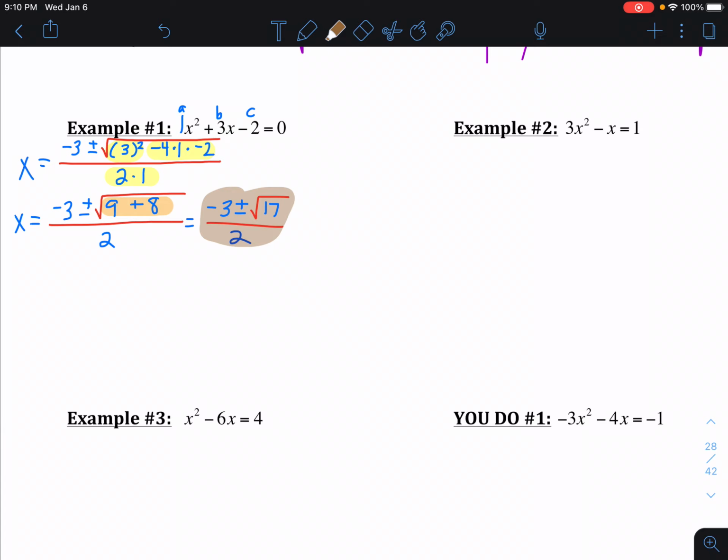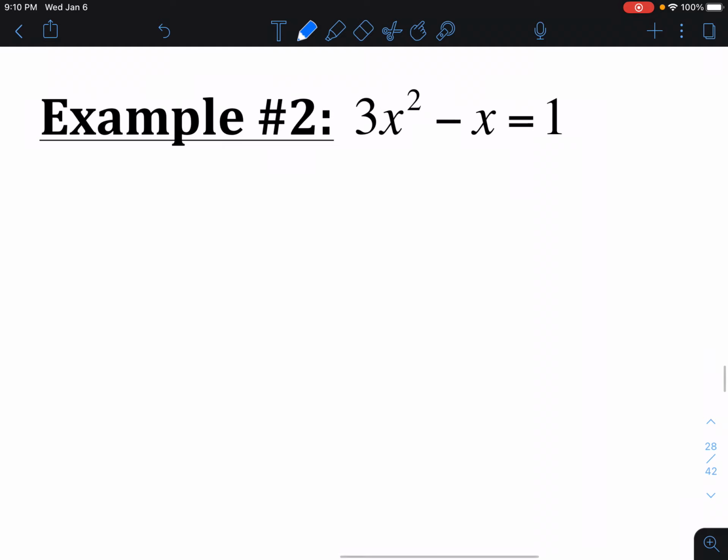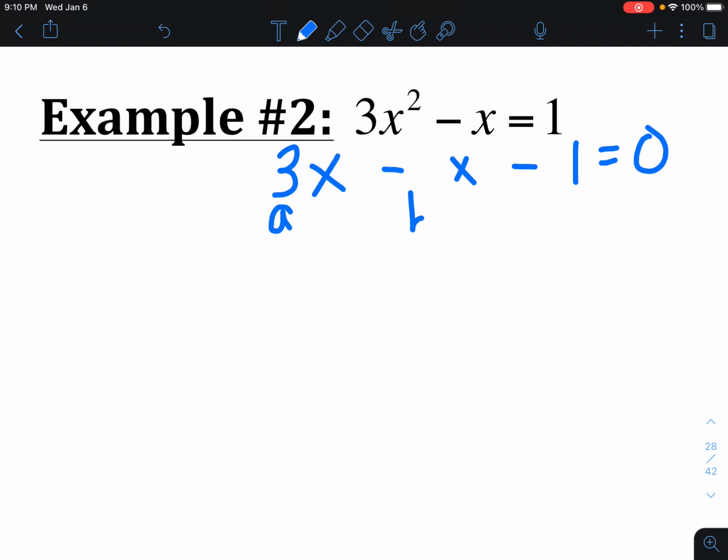Okay, let's move on to the next problem, example 2. The first thing I notice is it is not set equal to 0. So I need to subtract 1 to move it to the left. So the A is 3, the B is an invisible -1, and the C is also -1. Now I'm going to go to my quadratic formula. In the formula it says -b, but b is a negative. So double negatives change to a plus, or a positive,